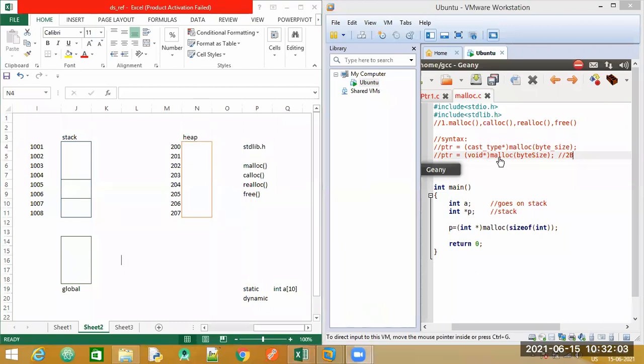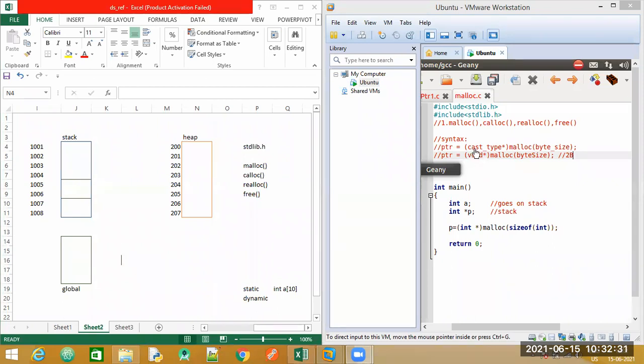Yes. The malloc function usually returns a pointer of type void. But in the program, we will try to store values of type integer, float, characters or doubles. So we want this particular void to be converted to our data type. We call it typecasting.